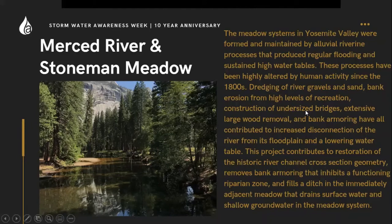But let's talk about the river restoration, the Merced River. How does this play into meadows? And what have you been trying to accomplish with the river? As I mentioned earlier, the park's meadows have been significantly